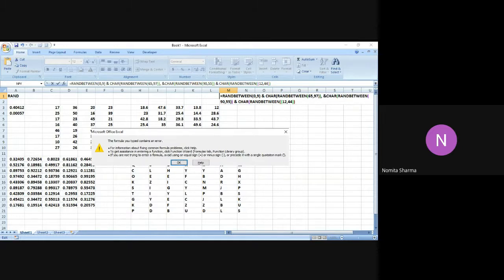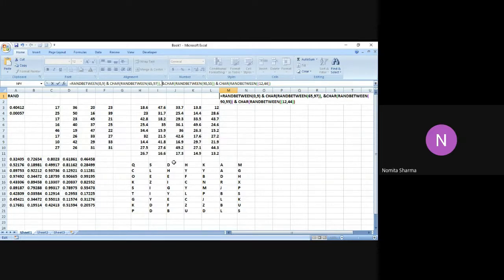So there is some error. Let me check where the error is happening. Let me further check where the error has occurred. So I say RANDBETWEEN 0, 9 and CHAR. Okay, I can see the number one more time.